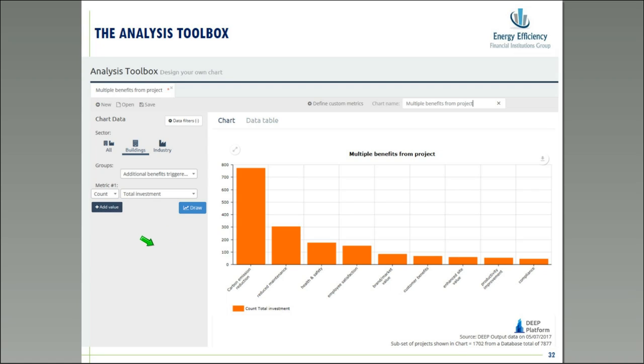What I've shown here is a chart that shows you the parameter we have that says additional benefits triggered, where people can tell you whether they also had carbon emission reductions as a benefit, whether they had reduced maintenance, whether they had an improvement in health and safety, etc. And you will see here that out of the projects that provided data, and I think as far as I remember, it was 790 projects providing this data,